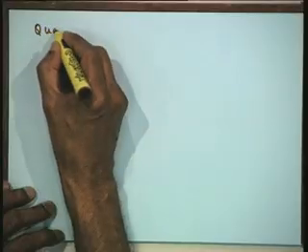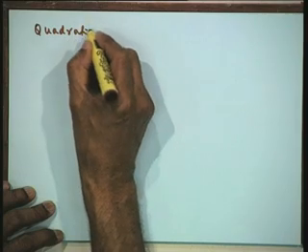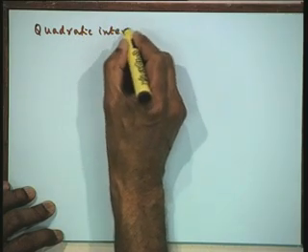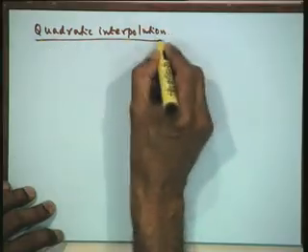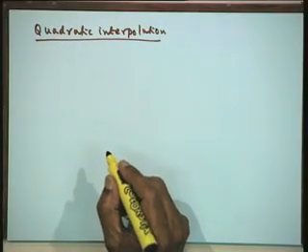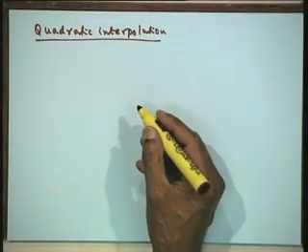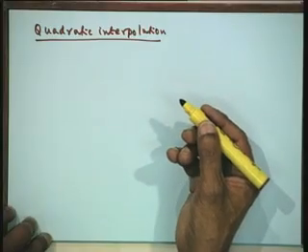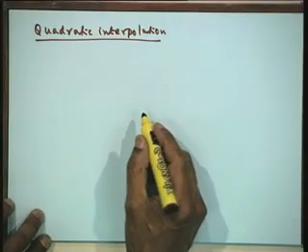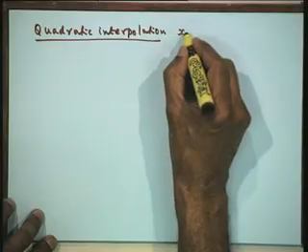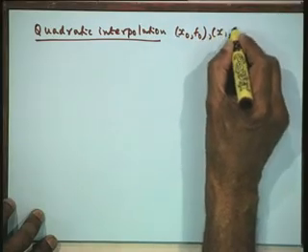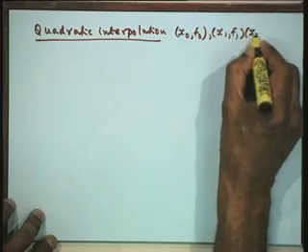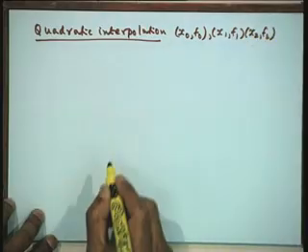Now let us take quadratic interpolation. For deriving the quadratic interpolation I will not use the Lagrange, because we have a much simpler formula, Newton's forward or backward difference formula. Let us use one of them for this. So let us take the 3 points, here is x naught f naught, x1 f1 and x2 f2. Let us take these 3 as the points.